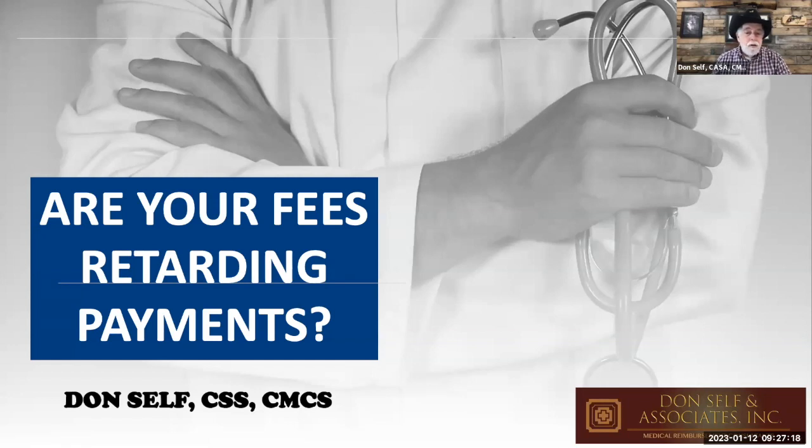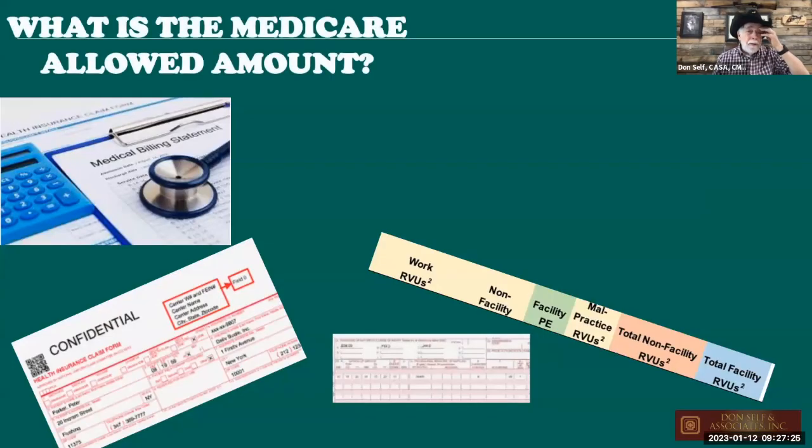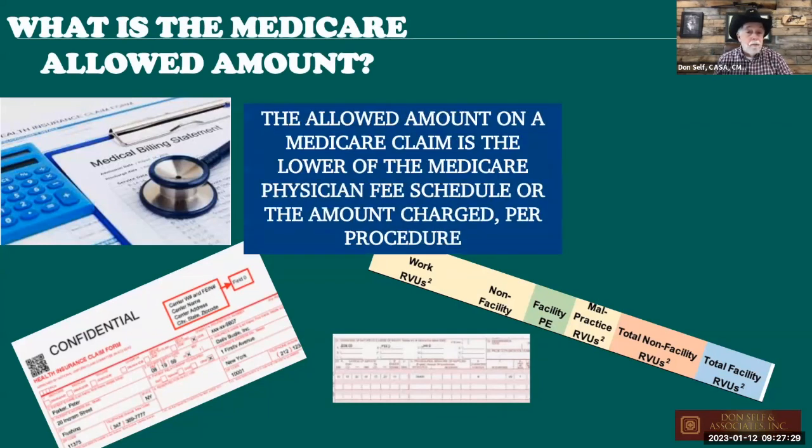Hey, folks, are your fees retarding your payments? They might be, and you might not even know it. How does the Medicare system basically calculate the Medicare allowed amount? Well, the Medicare allowed amount is always the lower of the Medicare physician fee schedule or the amount that's charged on the